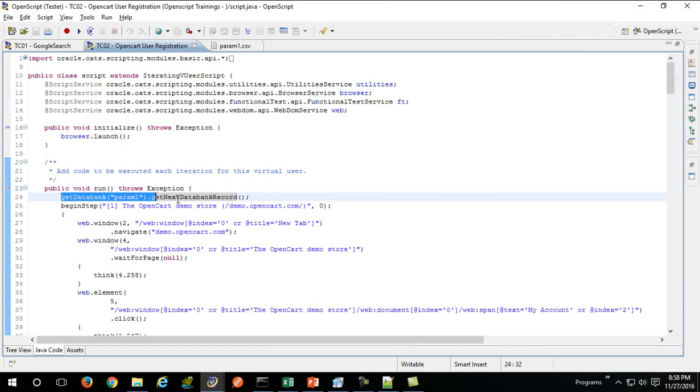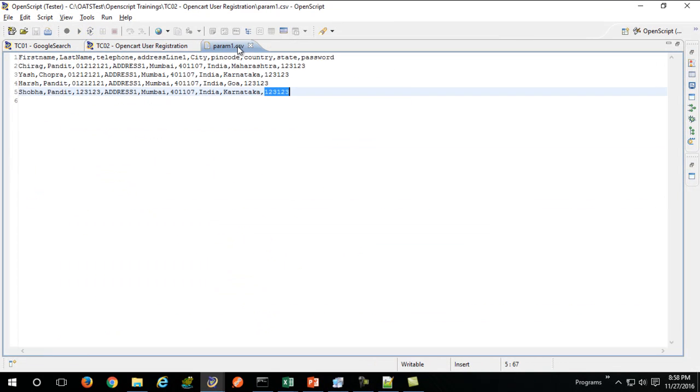If you look at our first line, what it will do here is get databank param1, get databank next record. So it will request a new record every time from our param1.csv file.